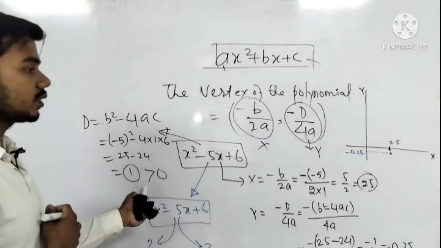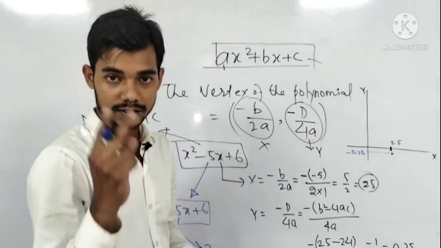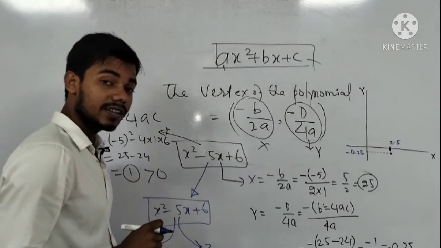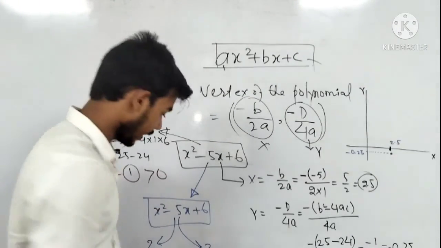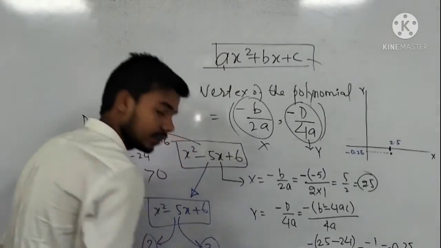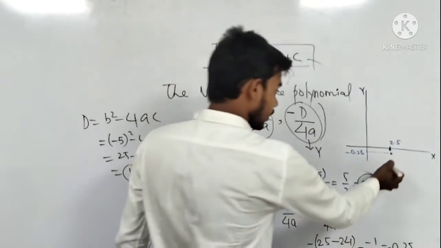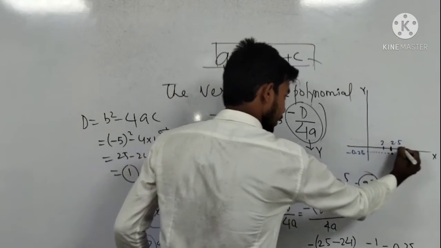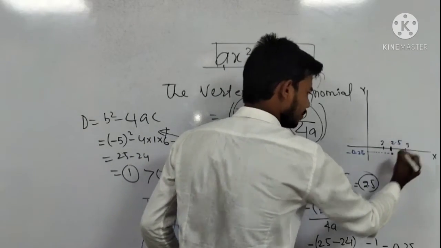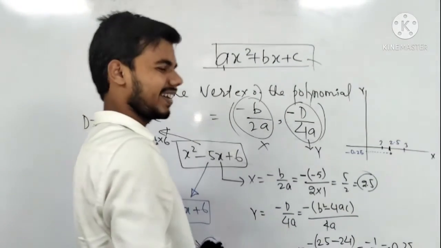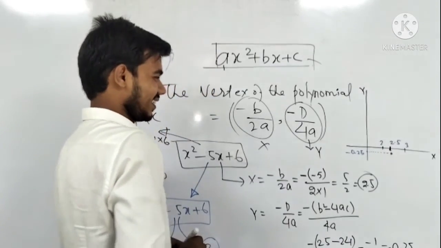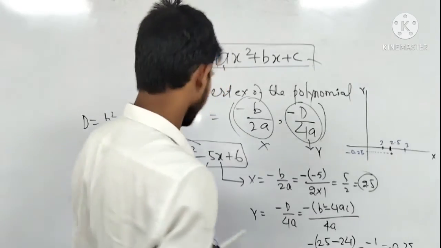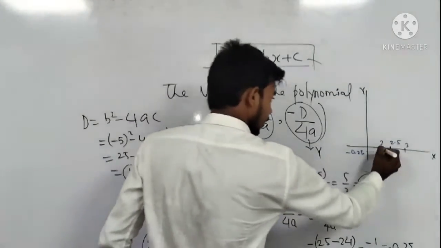That means d is greater than 0, so the graph will cut the axis at 2 points. And it will cut the axis at the zeros, which I have found to be 2 and 3. The graph will be, here is 2 and there will be 3, and my diagram is very exaggerated. I am trying to give you a rough estimation. The graph will be